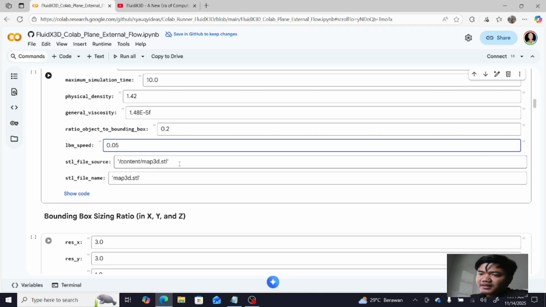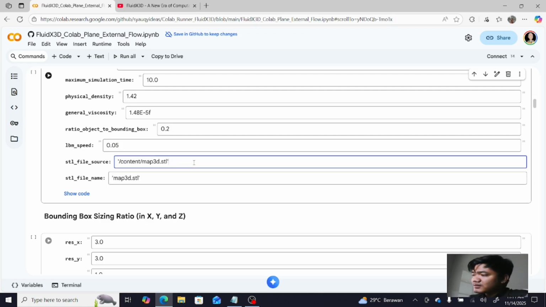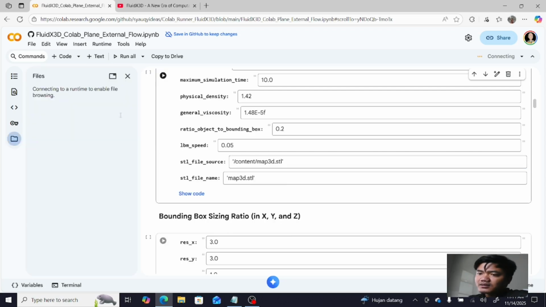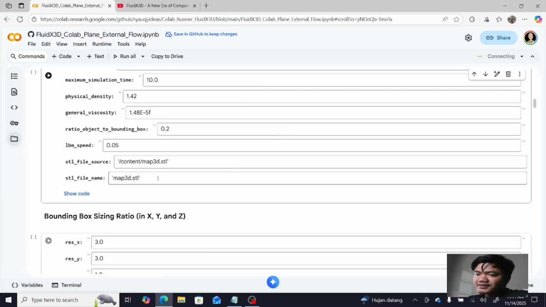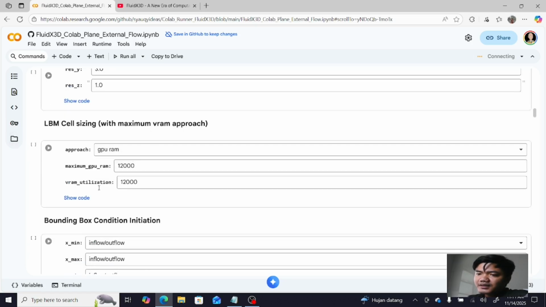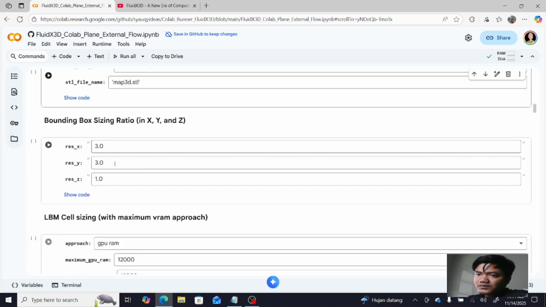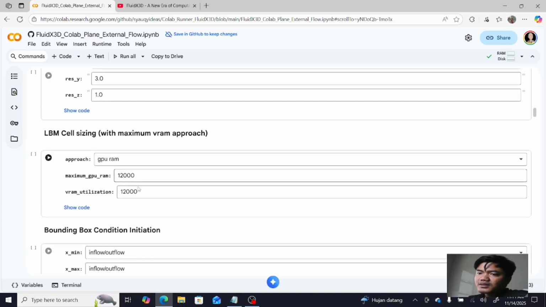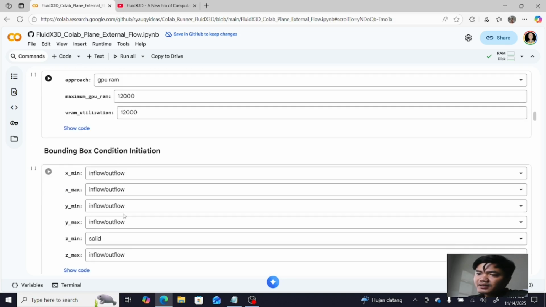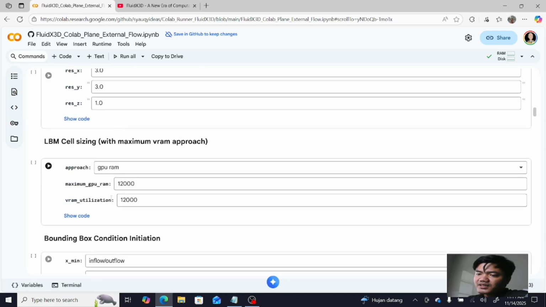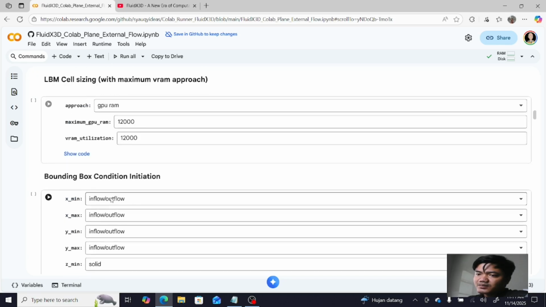Then this is the STL file source, where we upload the STL file in our notebook, and the STL file name. And this is some configuration, like resolution, or how many LBM cells will be generated in this simulation.